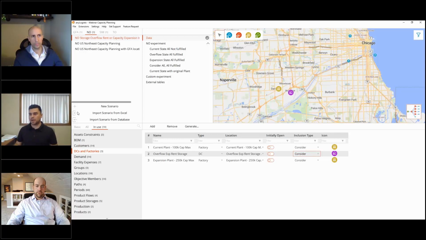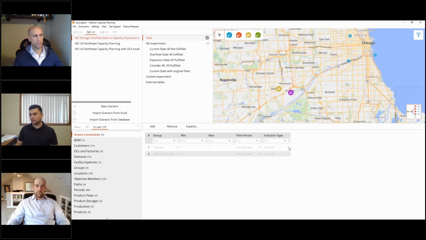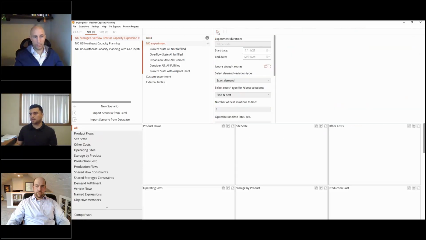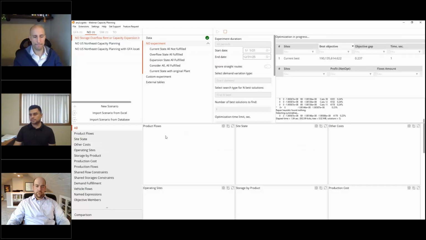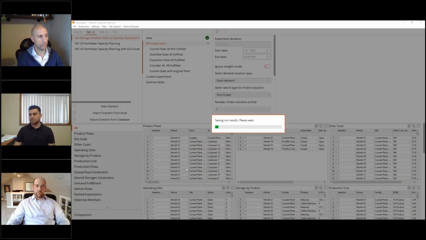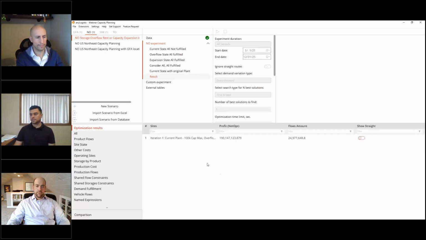So we're going to run this model now. And before we do, we're going to make sure that we let the engine know that we only want one plant, so it doesn't select both. Maybe it's a good investment, but most likely it's not. I'm just going to make sure that we have only one plant that we decide, the 100 or the 250. So I'm going to run that experiment now. There you go. Here's our future state.